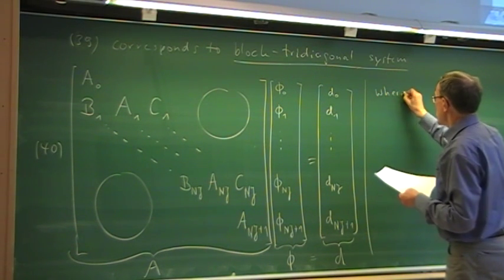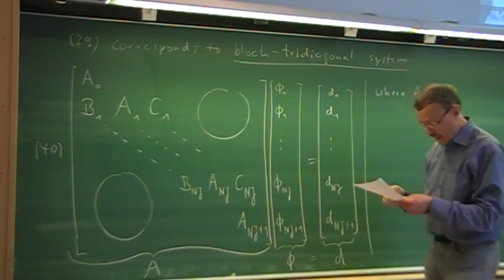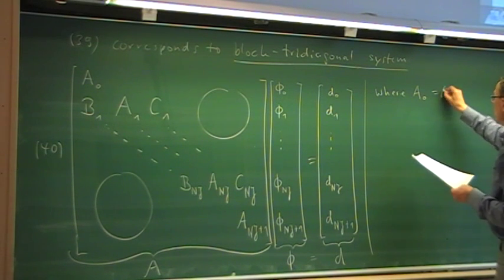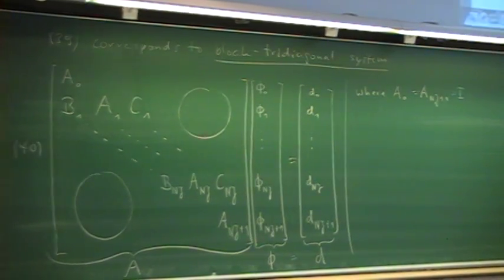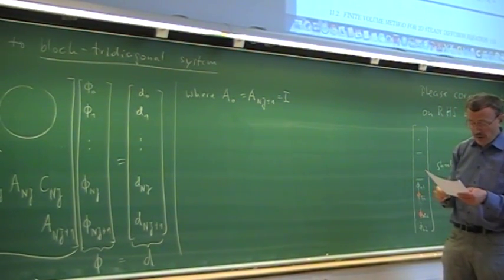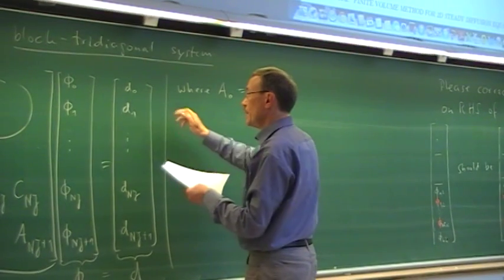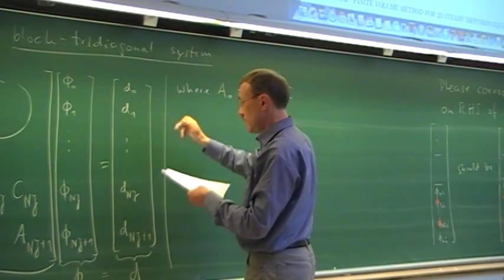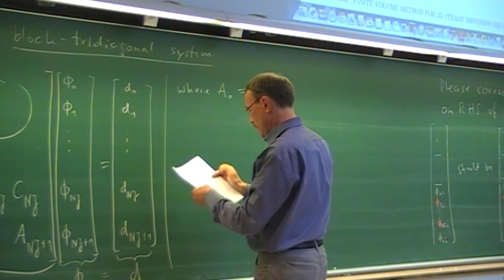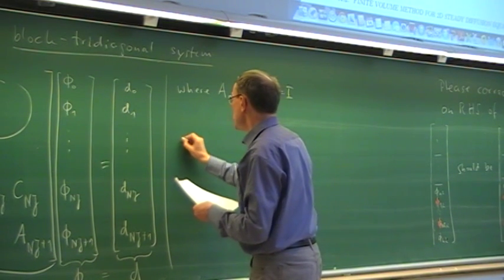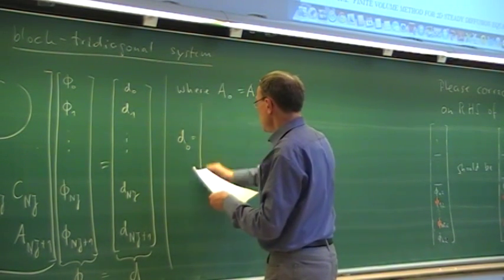In this matrix, the A0, that is the Nj plus 1, they are the identity matrix. And you shall see quickly what the dimension is. The d0, that is now the right-hand side here. Let's see, if we take that first, the d0, that is equal to, and now we take in here the boundary